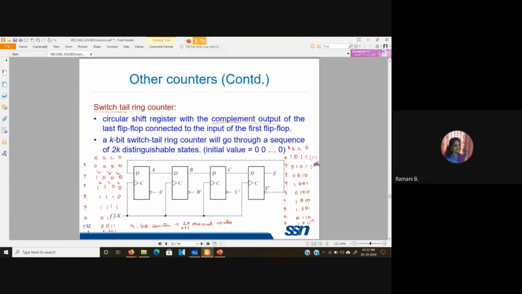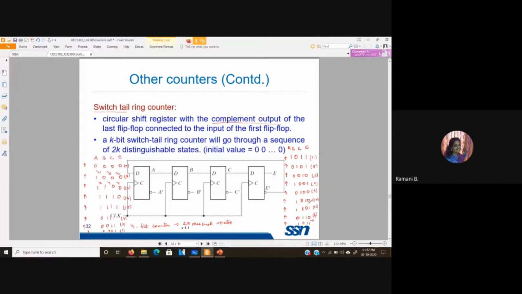This is 11, 5, 2, 9, 4, 10, 13 and 6. Here the sequence is 0, 8, 12, 14, 15, 7, 3 and 1.